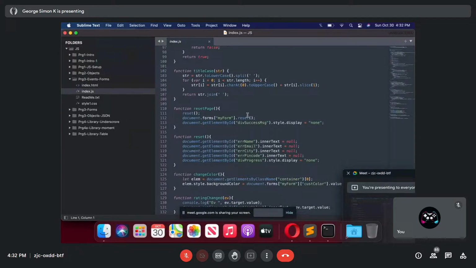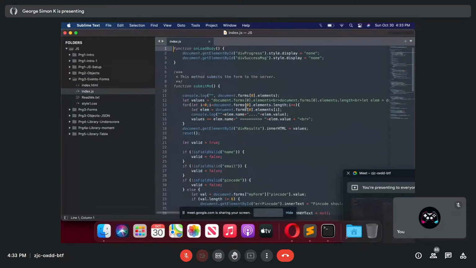Events in JavaScript are like the backbone of HTML programming. When the state of an element changes, that's called an event. User might click, that's an event. User might change the value of a dropdown, it's an event. After typing in a text box, user moves to the next box, that's another event called blur. Like that, we have a few, then mouse movement, that's an event. When the page gets loaded, that's a loading event. So in this example, I have a few events I want to show you.